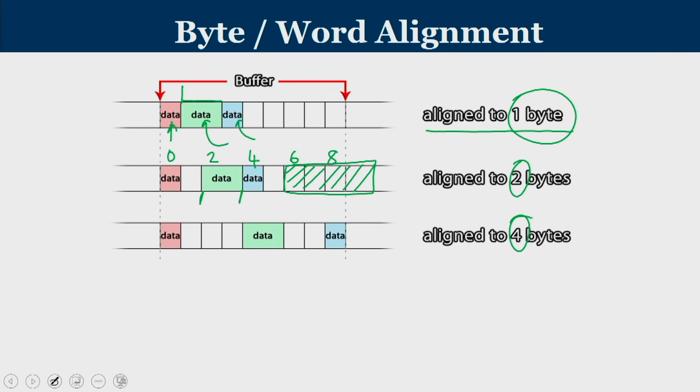Similarly, if you go for an alignment of 4, then data can start only at memory addresses which are multiples of 4. So, after the 1 byte data, which is at byte number 0, byte number 1, 2 and 3 we cannot store a data. The next new data will start at byte number 4, another new data will start at byte number 8. This is called memory alignment, and alignment can be in the order of 1 byte, 2 byte, 4 byte, etc.